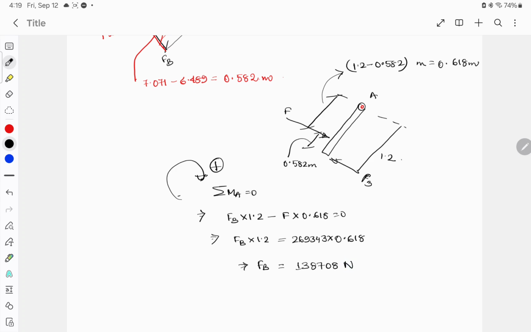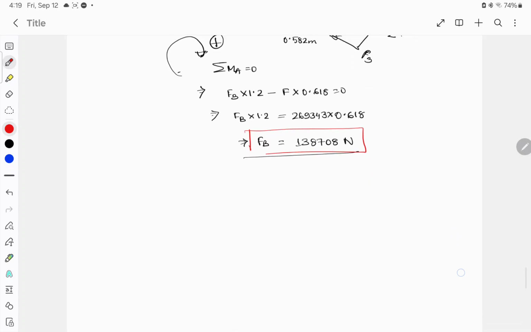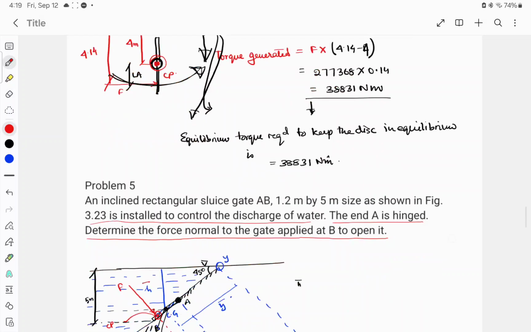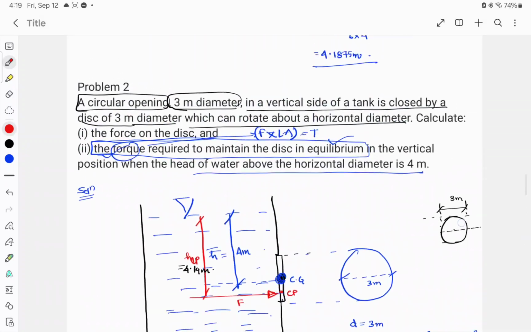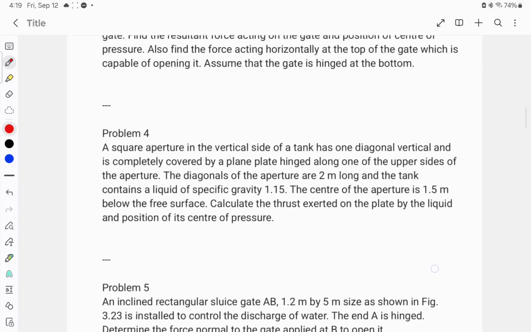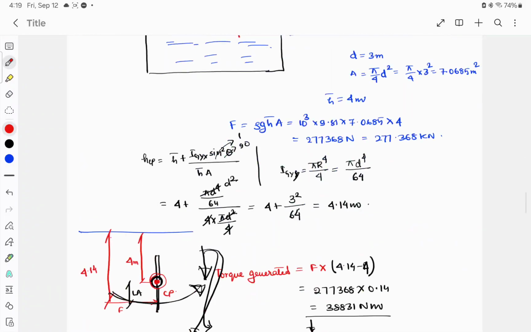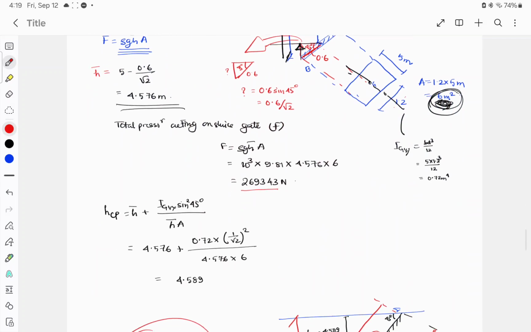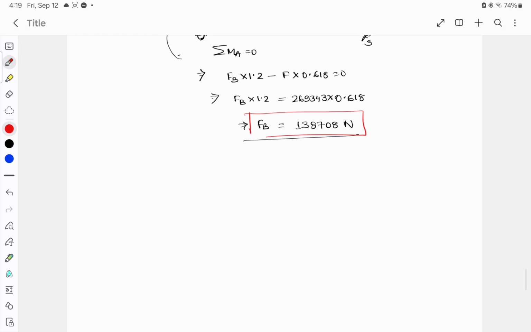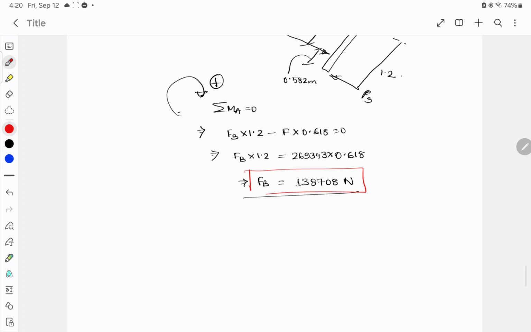लगाना पड़ेगा 138,708. Mind you, I will tell you every time that these are the preliminary questions for you to understand the things, but there are a whole lot of questions that can be made. इस चैप्टर से नंबर ऑफ क्वेश्चन बनाया जा सकता है. सो I would encourage you to solve yourself some more questions on inclined and vertical planes as well as horizontal planes, ताकि कॉन्फिडेंस बिल्डअप हो जाए और रट्टा नहीं मारना है. ओके,